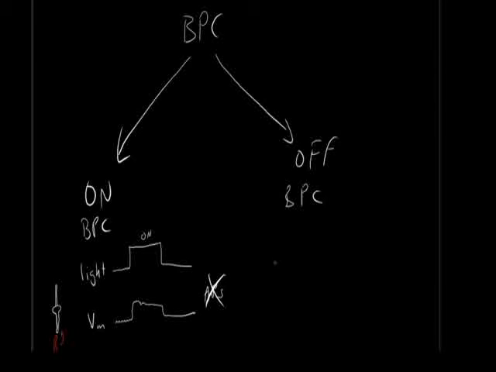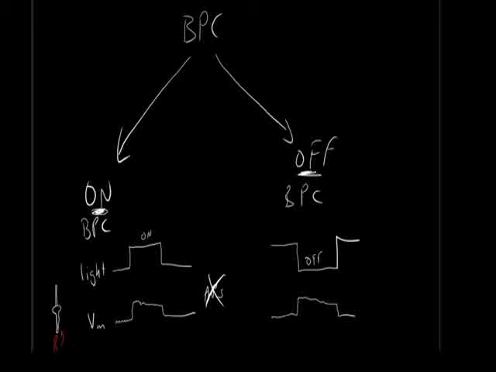With an off bipolar cell, if I have the light on and switch it off, now the off bipolar cell responds like that. So we've got on bipolar cells which respond to light on with a depolarization. We have off bipolar cells that respond to light off with a depolarization. So they're actually doing the opposite thing. And that's because,